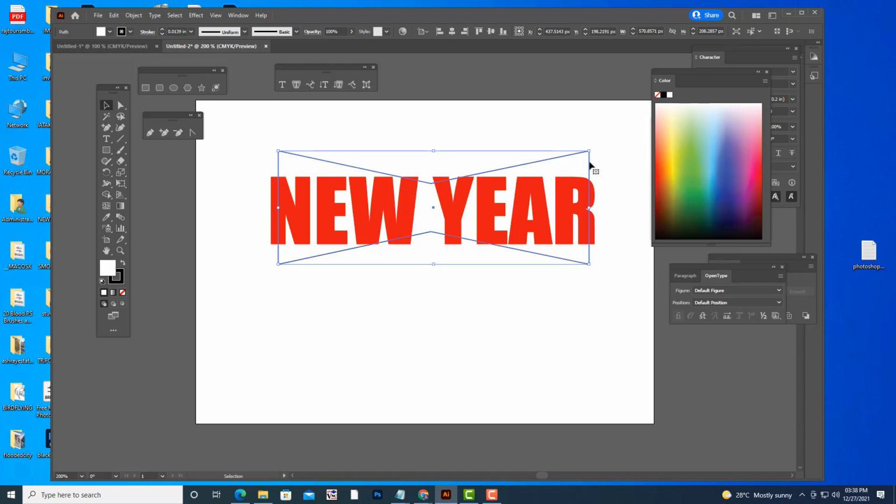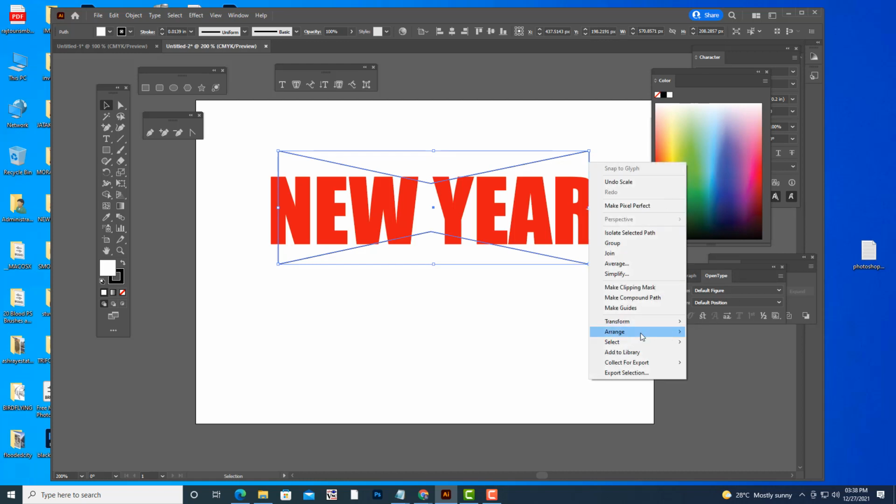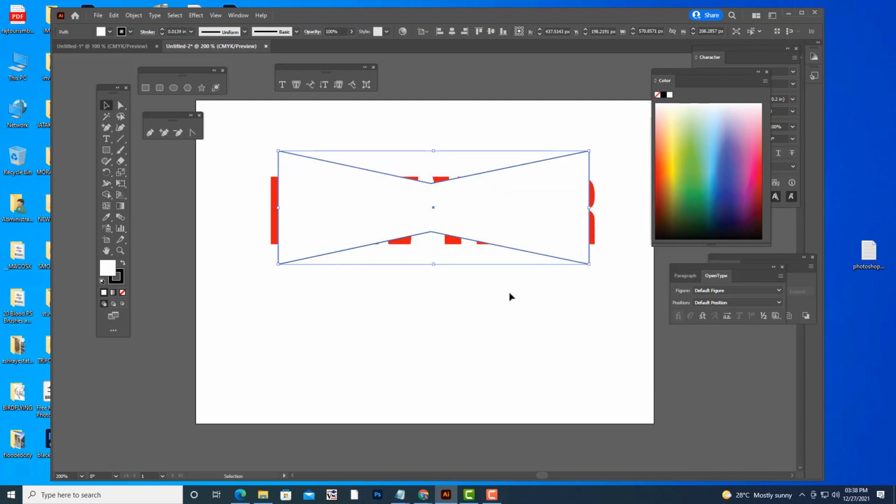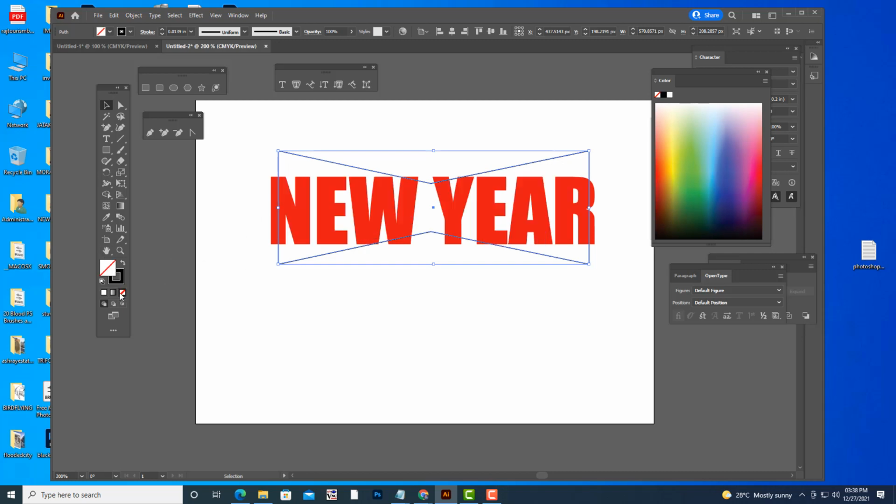So how to keep that shape in front of text? Just select the shape, right click, arrange, bring to front. Now the shape is in front of text, but we don't want this fill color. We will turn off the fill color. We only want the stroke and text.